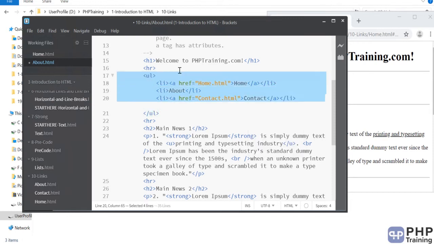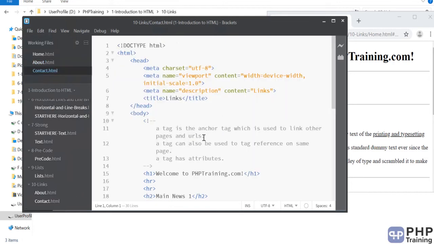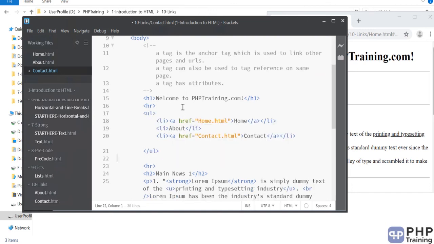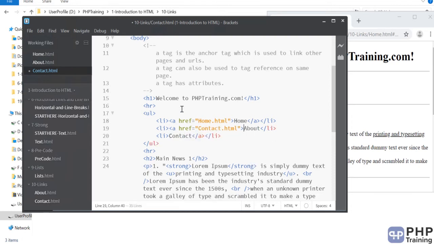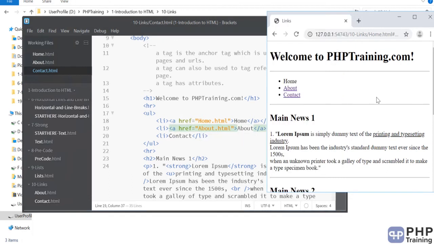Similarly, when you are in the contact page, you want to do the same thing. Right, you want to remove the link for contact and put one for about, and you want to change the file name as well. So our page has been done.